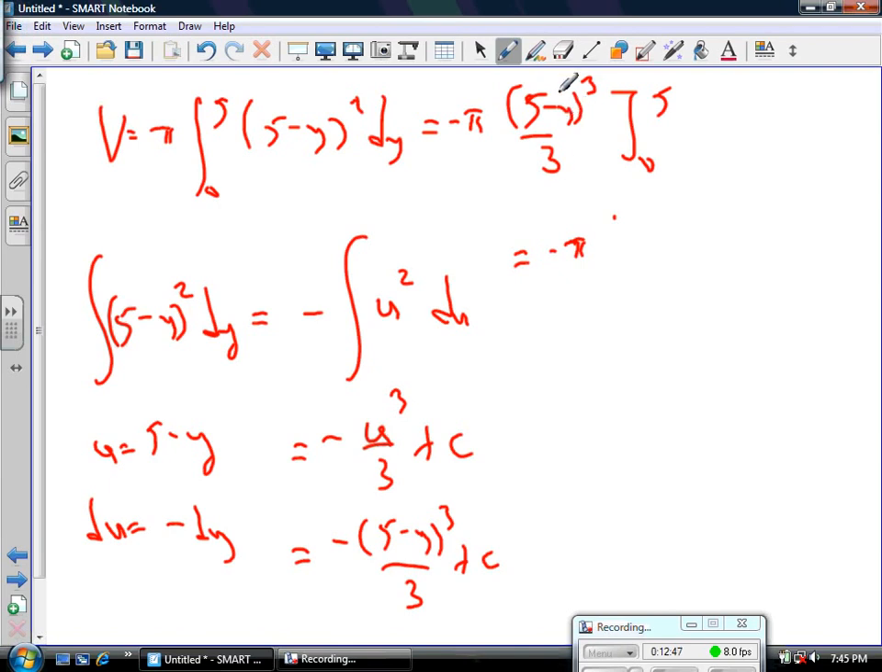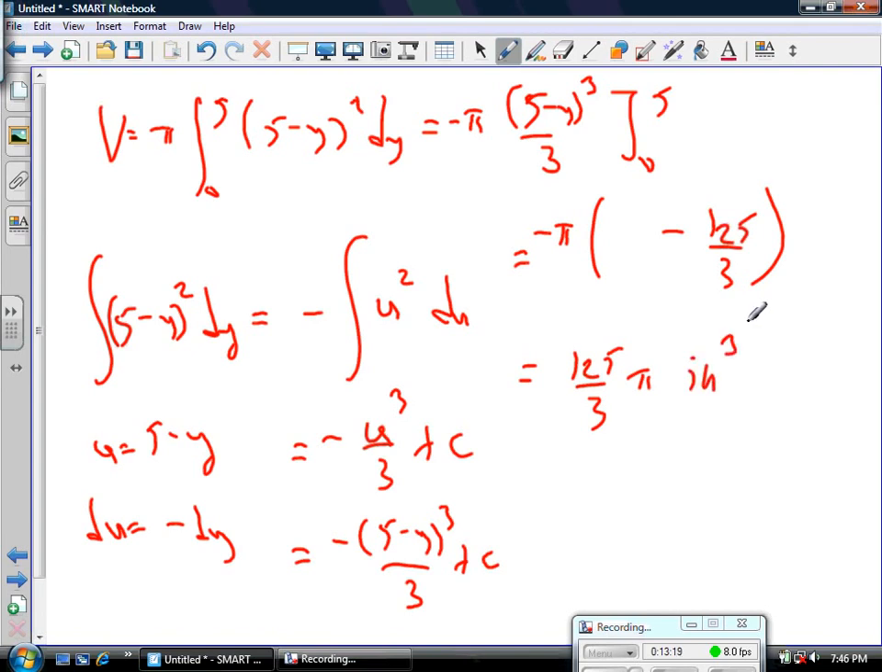Okay. Equals negative pi times, let's see, if we plug in 5 for y, what do you get? 0. You get 0 minus, plug in 0, you get 125, 5 cubed over 3. What's a negative times a negative? Well, 0 minus stuff is just negative stuff, right? So what's negative times negative? Positive. So you get 125 thirds of pi